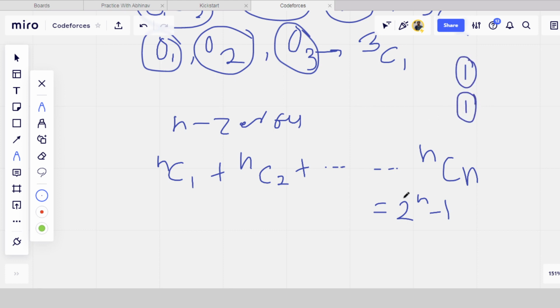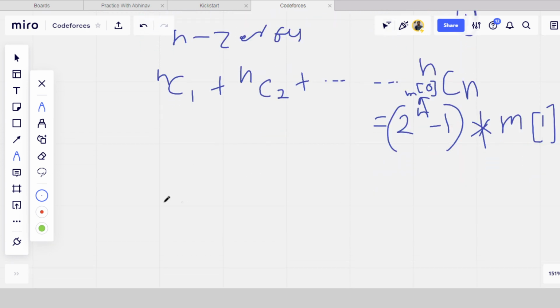तो बेसिकली हमें क्या करना होगा, जितने भी पॉसिबिलिटीज होंगी वी हैव टू मल्टीप्लाई दिस इनटू द नंबर ऑफ वंस. How many ones are there? Means the map of 1. What is this n? N is number of zeros, which is m of 0. So if we take the frequency of 0 and 1 in a map, the final answer will be the number